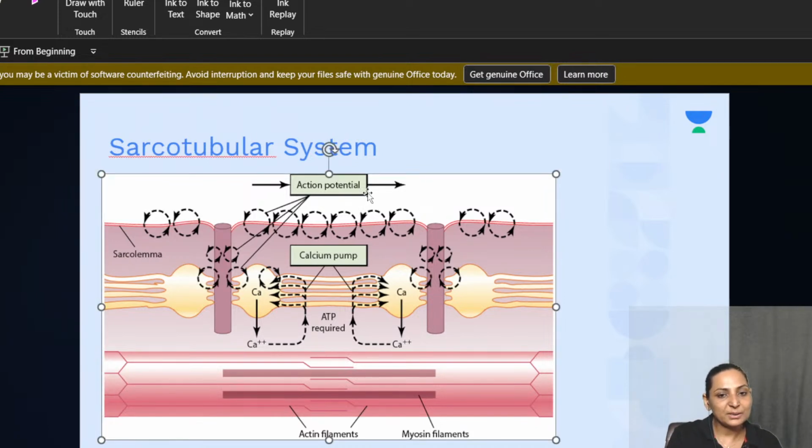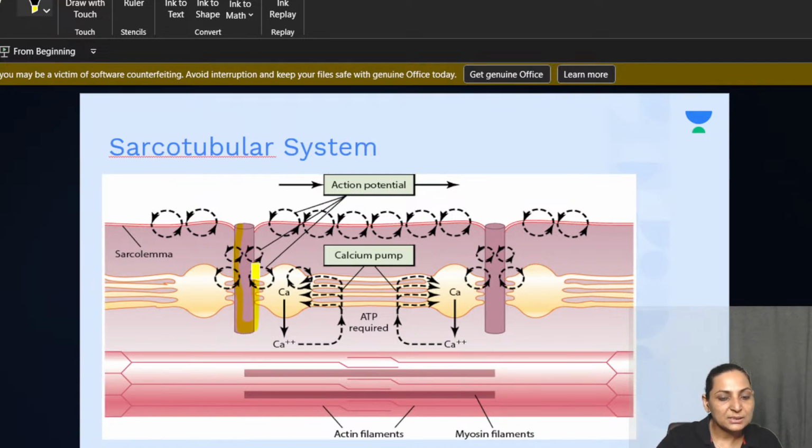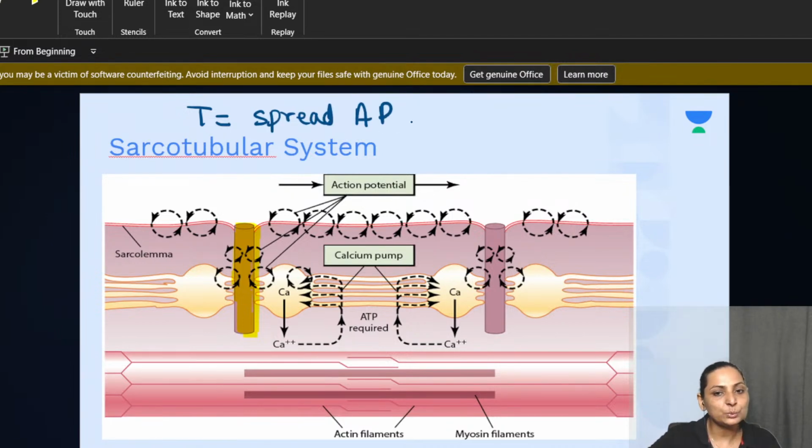So this sarcotubular system is composed of two important tubules. One is the T tubules. What are these T tubules? These T tubules are simply the invaginations of the sarcolemma, right? And what is the function of the T tubules? Be very specific. The function of the T tubules is that they have to spread the action potential to the